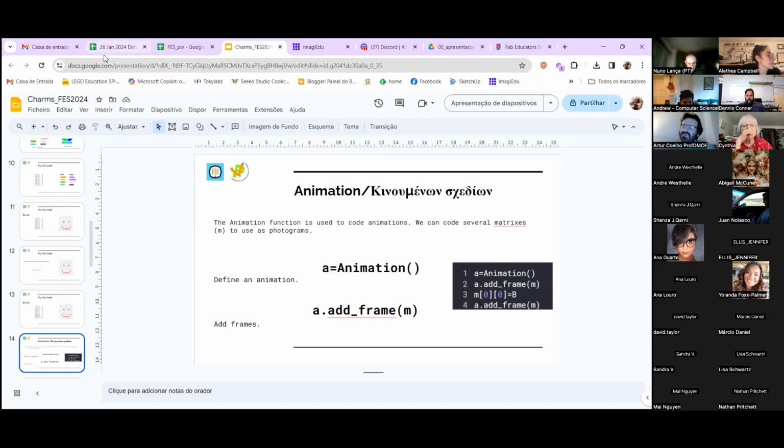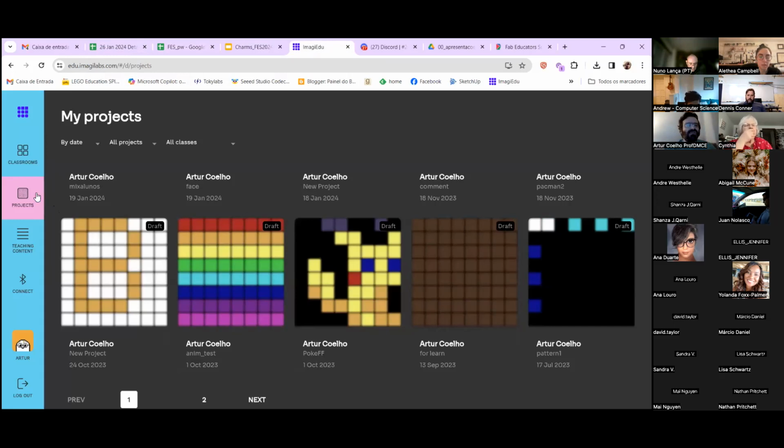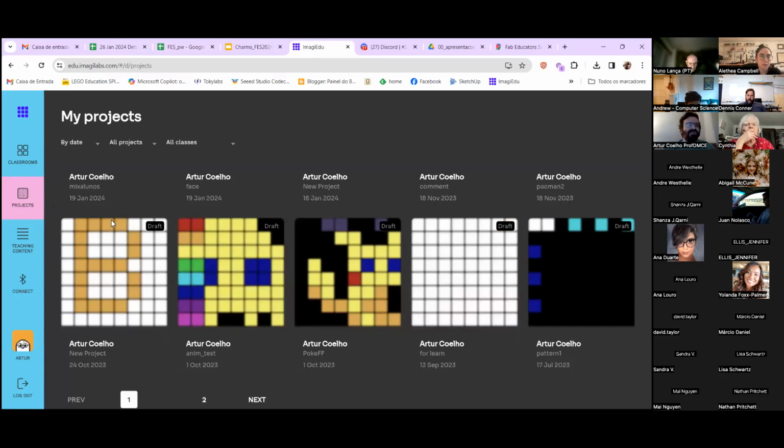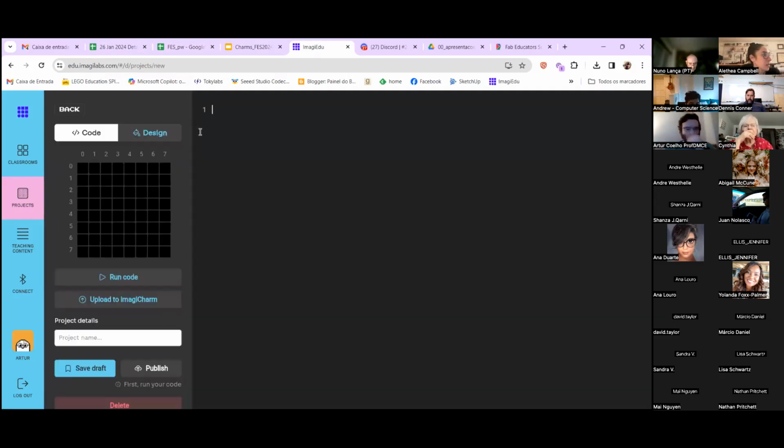I'm going to show you another fun thing that you can do with the charms, which is to create animations. So I'm going to go back to coding, and I'm going to create a new project, and I'm going to do a small